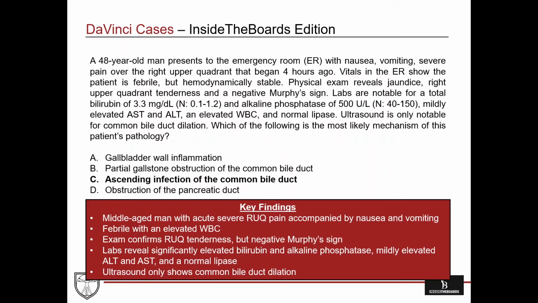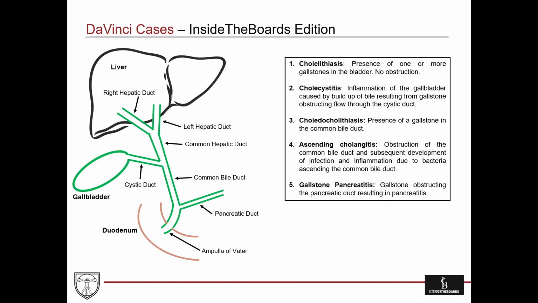We've got ascending infection of the common bile duct. So let's go through and look at why this is the correct answer and why the rest of these are not the most correct answer. Sure. I think to go to that, we got to review a little bit of some of your biliary tree